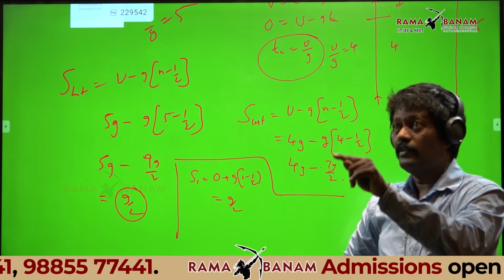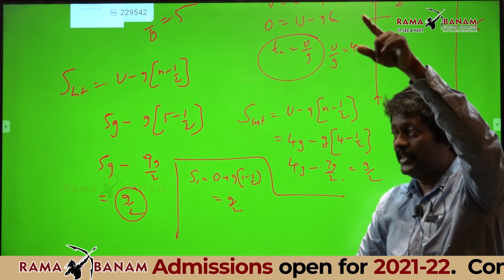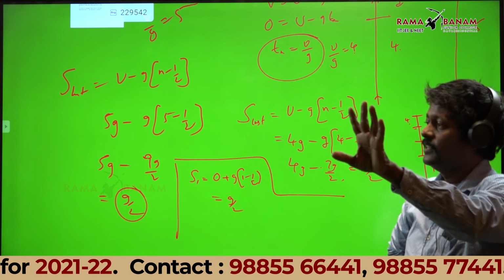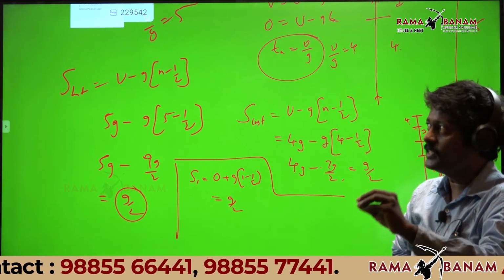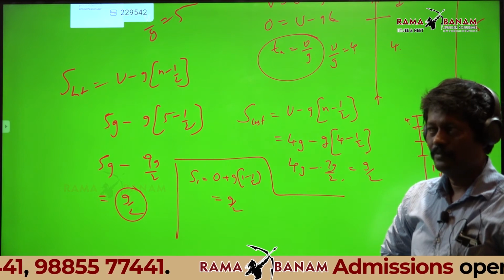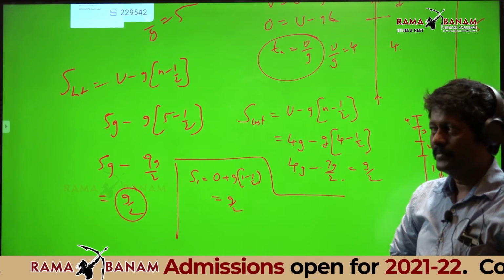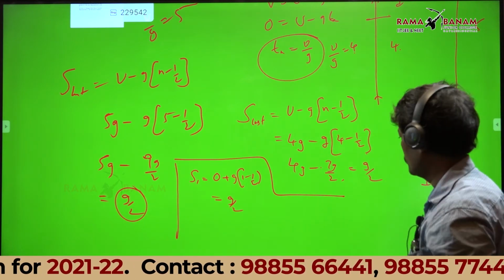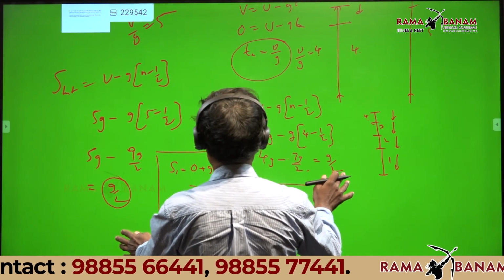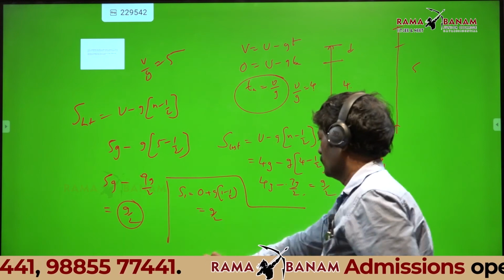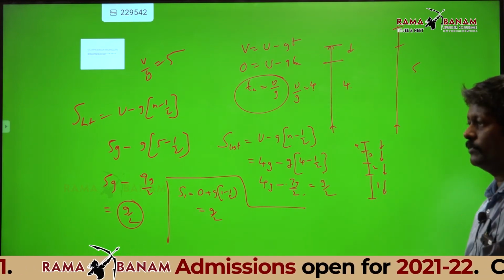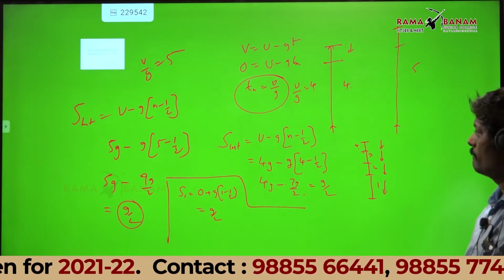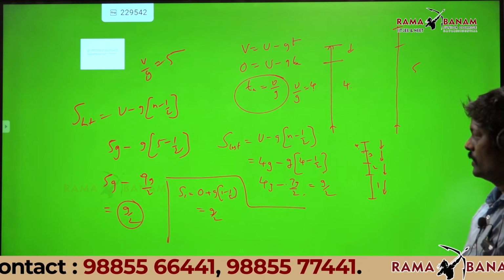In the question I gave, in the last second of ascent it is D. If I change the velocity, in the last second of ascent, it is D only. That D is nothing but g by 2. Did you get the point? Yes. Write that down now. Everything is on the board, you can write it down. Afterwards, I will tell you.